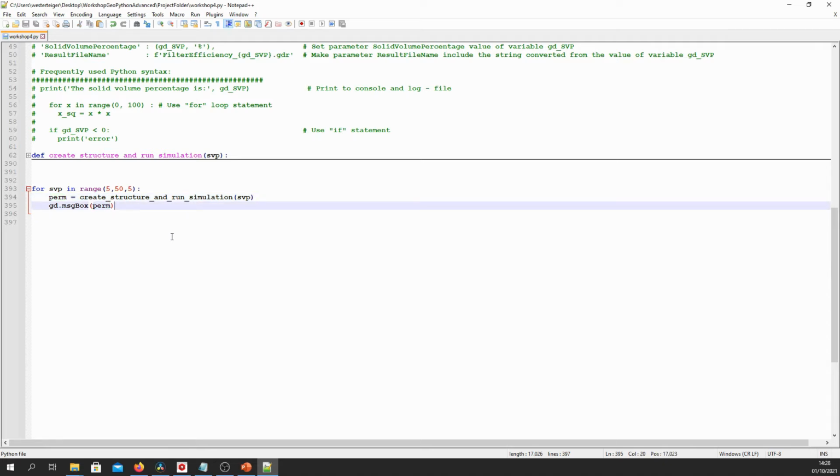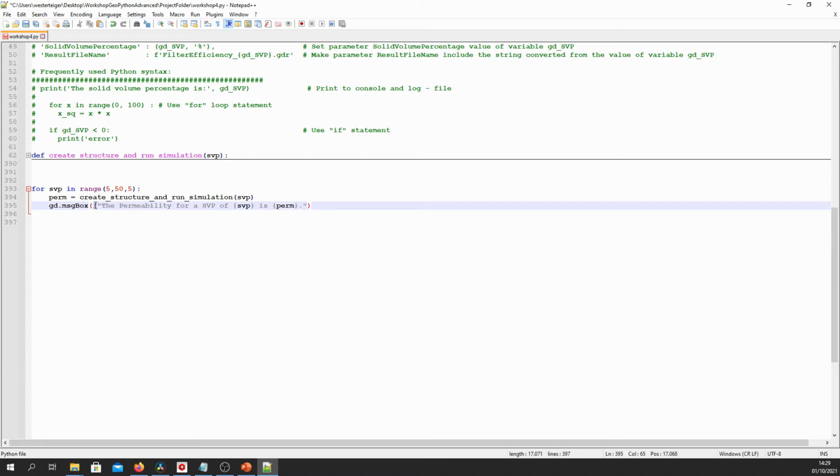Now to make this a bit nicer and to actually know to which SVP this permeability that we're seeing corresponds, we replace this perm in the brackets and we write instead f"the permeability for a SVP of {SVP} is {perm}."